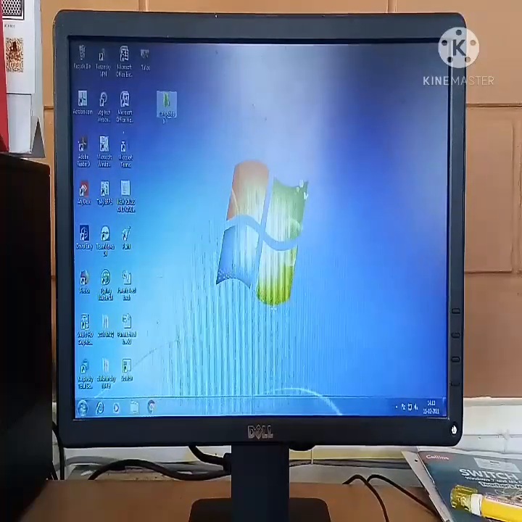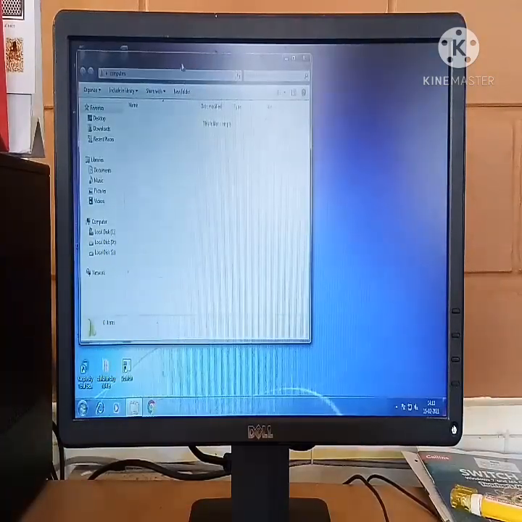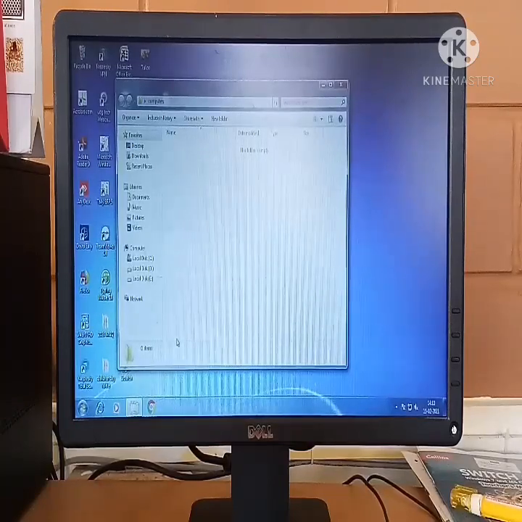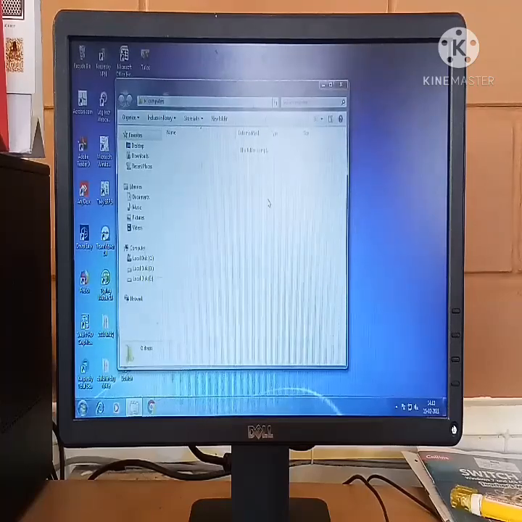Now let me teach you how to create a subfolder. Double click and open the folder which you have created. Now come inside the folder. A folder is nothing but a briefcase inside which you have not kept anything yet. It is empty. So I am keeping a subfolder inside the main folder computer now. I have opened the folder by the name computer.